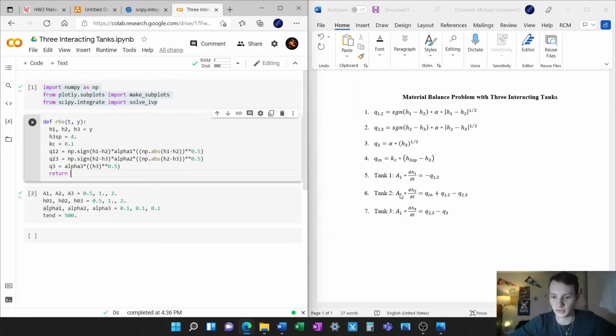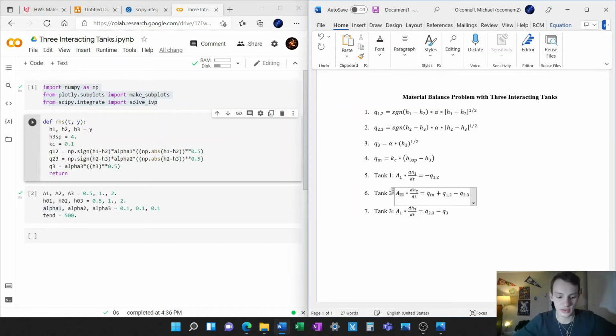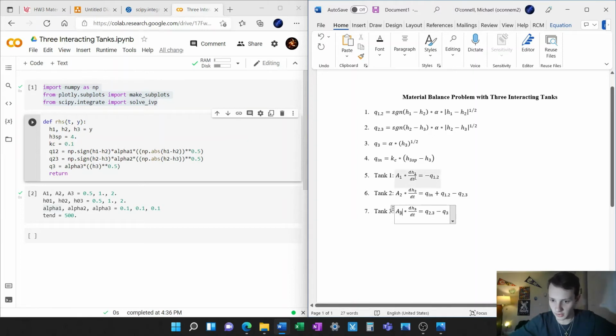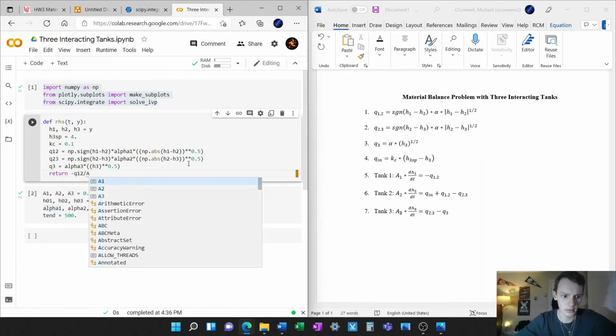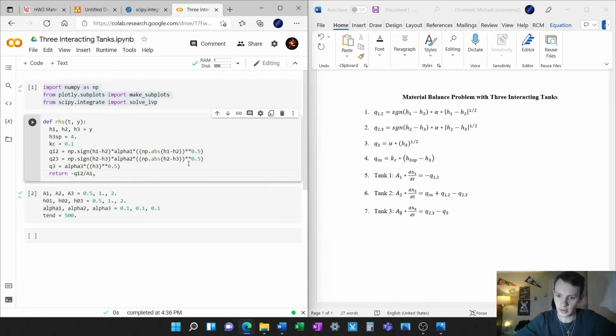So what that just means for us, and I forgot to change these subscripts, we have A2 and A3. We would want to divide each side by our area. So for our first one, this would be, let's see, negative Q12 over A1. And then